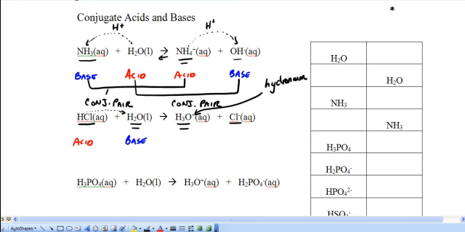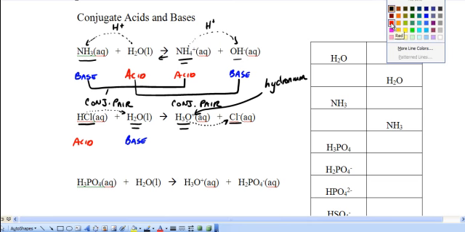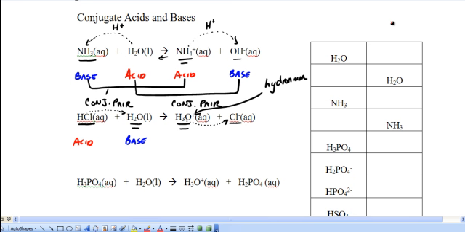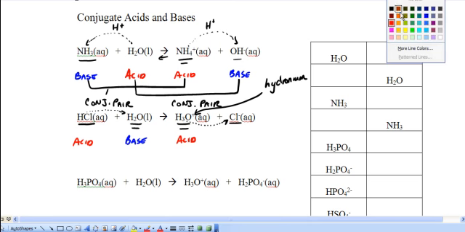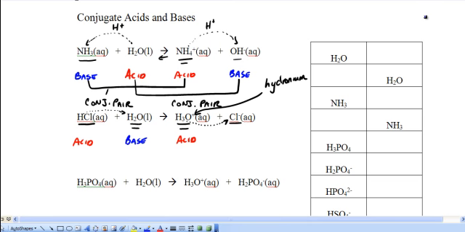Something that might show up on a quiz. That hydronium is going to donate the hydrogen back to the chloride ion. When that occurs, the chloride will reform the HCl. Because the hydronium is doing the donating in this case, that is behaving as the acid. The chloride ion, because it's accepting the hydrogen, is